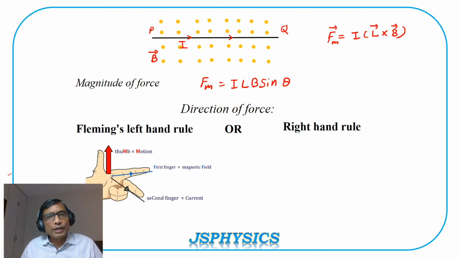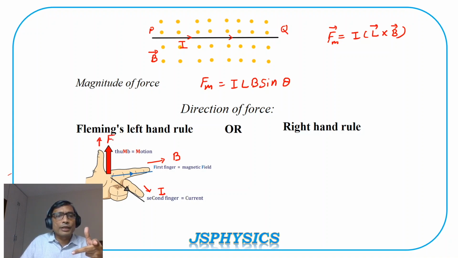First we'll see Fleming's left hand rule. So what we have to do? Here we have to take our left hand, and arrange it in such a way that the forefinger, second finger and thumb are mutually perpendicular to each other. Now, if the first finger shows the direction of magnetic field, the second finger the direction of current, then the outstretched thumb gives the direction of the force acting on the conductor. So here the first finger will be the direction of magnetic field B, second finger the direction of current I, then the outstretched thumb gives the direction of the force acting due to magnetic field on the conductor. So this way we can apply Fleming's left hand rule.